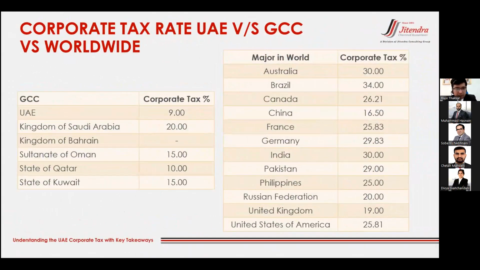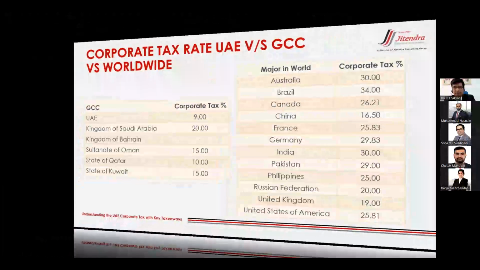Now, we all know that the UAE has come up with the 9% corporate tax. At present, this 9% corporate tax is among the lowest in the world, or I should say a minimum in the world. As far as the GCC is concerned, the UAE is the lowest, and on the other table, I can see that there are many legislations or multinational countries where the charging of corporate tax is way higher. Some are at 20%, 25%, some are at 34 or 30% also. Moving next,